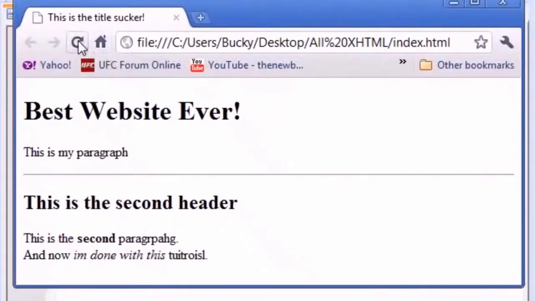Now you can see that this is the second, which is bolded or strong, paragraph, and now I'm done with this. I guess that's how you would read it. And now I'm done with this tutorial. I don't know, however you read italicized stuff. So anyways,